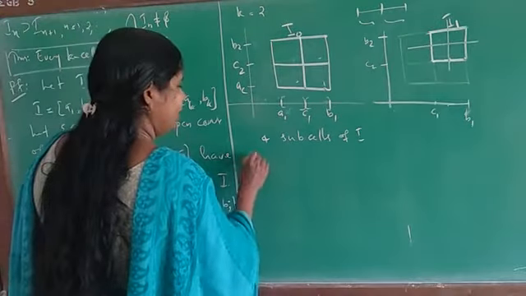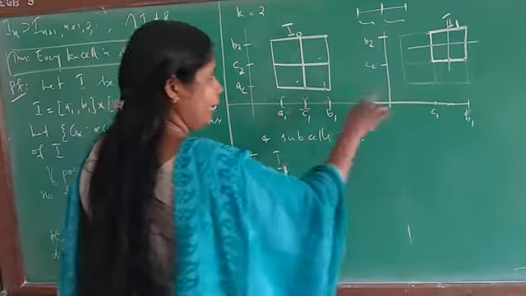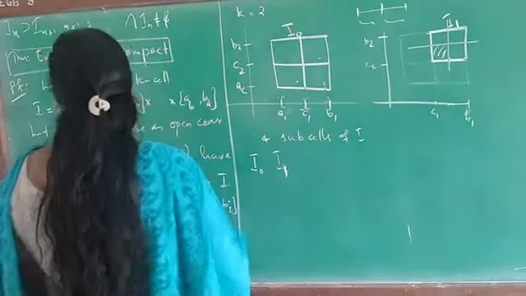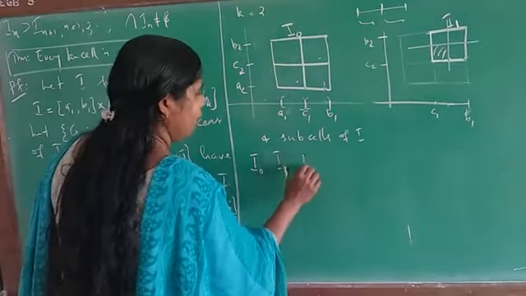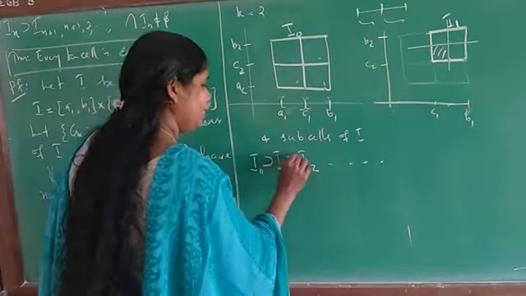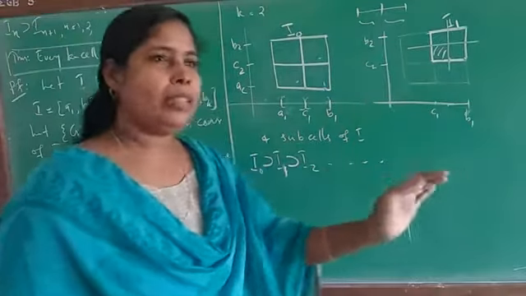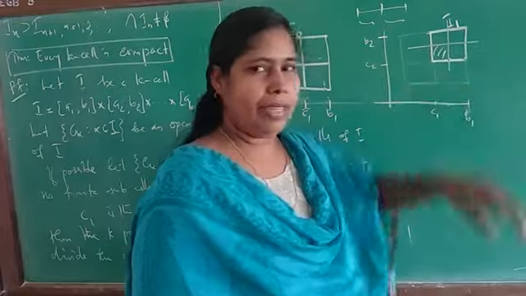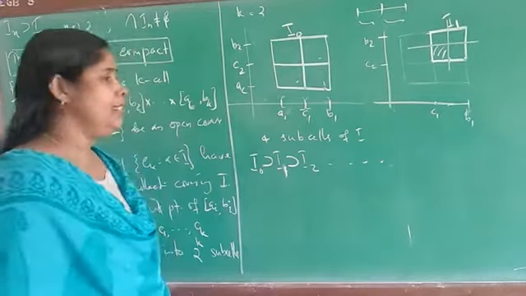So we get in this way a sequence of cells I0, I1, and the next one, at least one of them, will be not covered by finitely many G alphas, and that we can choose. So we have a collection like this, I1, then I2, that continues. And we have this property: I0 contains I1, I1 contains I2, and so we are getting smaller and smaller. Inside the cell we are finding another cell, and inside it the next one, and so on. So we have a sequence of cells like this.